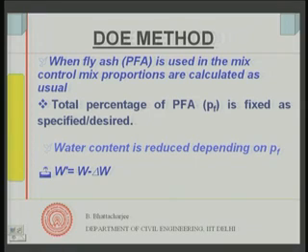So, I must have a way to find out how much the water content is. Let me say my new water content is W dash and the original control mix water content was W, then W dash will be W minus delta W. As I said, I first do a control mix, that is called the control mix, without fly ash. So, first I calculate for the control mix, and from the control mix I find out how much water I can reduce, and this method provides us a way to do that,